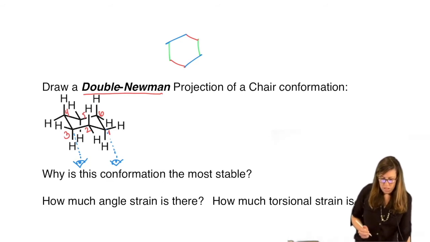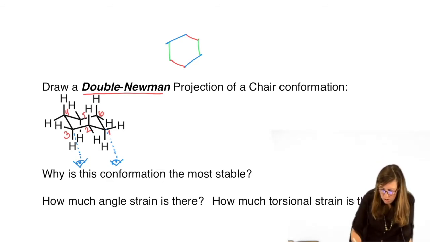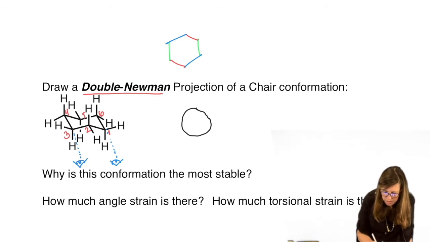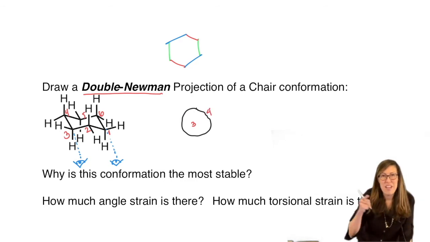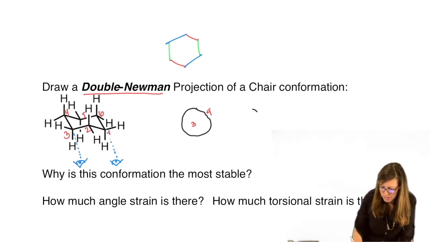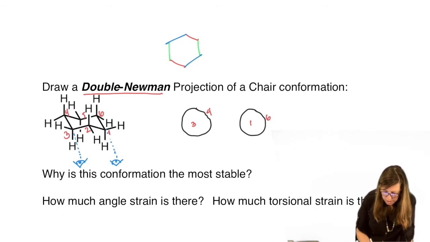All right, let's start with the Newman projection for carbon 3, because that's what's in front. Carbon 4 is in the back. But my other eye is doing carbon 1 to 6. So you draw a second circle for carbon 1 with 6 in the back. Now take a look right here. We're going to connect them. Watch carefully. 3 and 1. How do we connect them? We connect them using carbon 2.